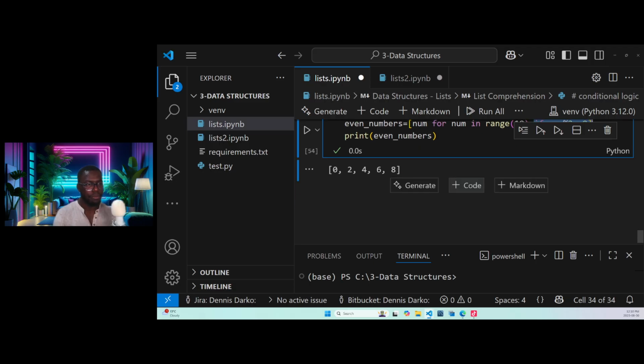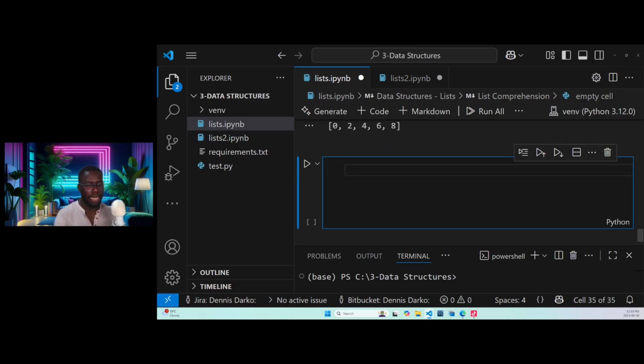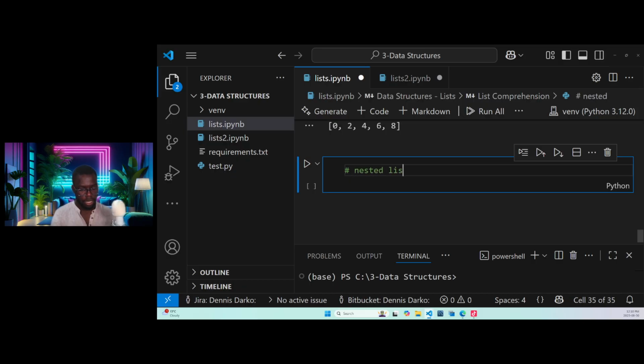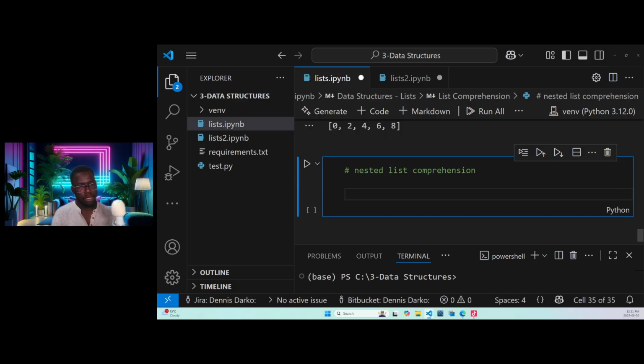Okay? Alright. Let's look at the last one, which is the nested list comprehension, before we do our main practical example. With the nested list comprehension, for the practical example, you guys can request and come up. So for the nested list comprehension, what we are going to do is, let's say